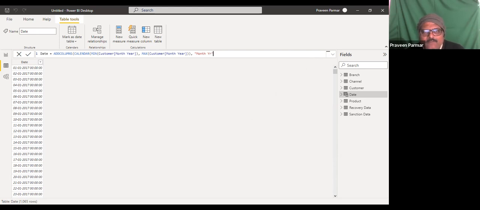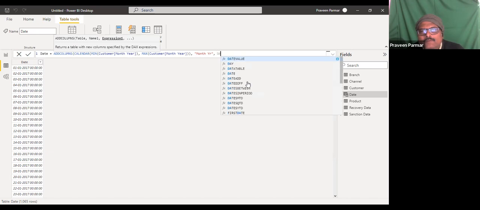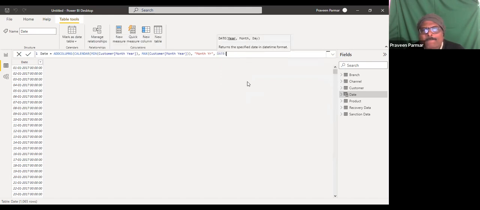Then date, year date, and month date. You have to close it. Date. Year and month, day. In date you will see we have three attributes: year, month, and day.